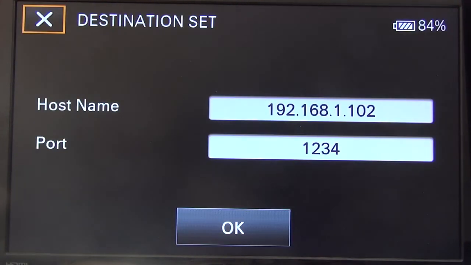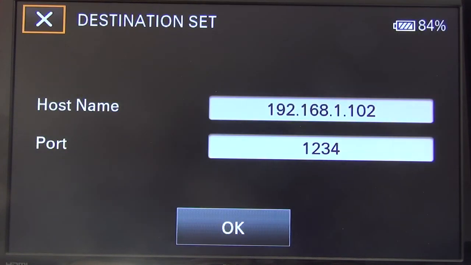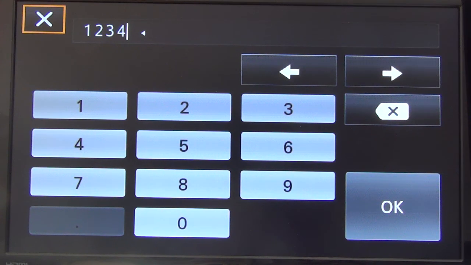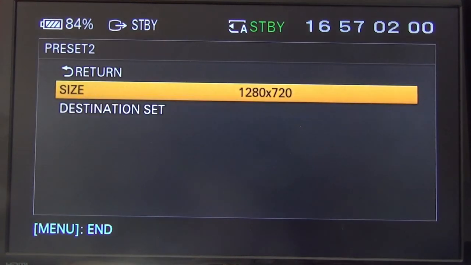My destination is set here. The host name is my computer, so I can enter my IP address here, and you can do that by touch, so you don't need to use the thumbstick. Click on OK, enter your port. In my case, I'm just entering 1234. Click OK. OK. Now you're ready